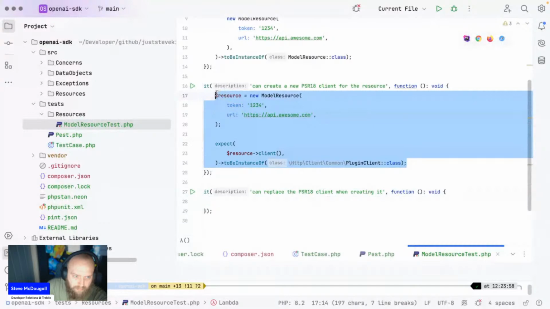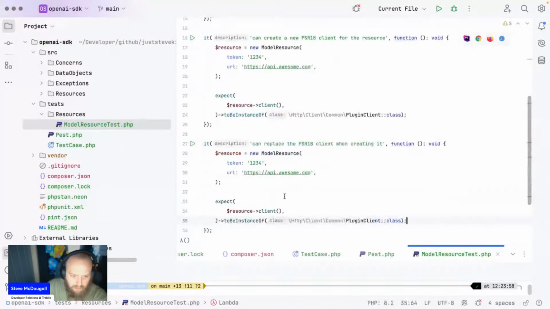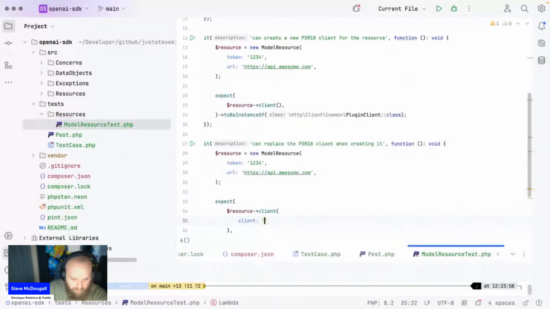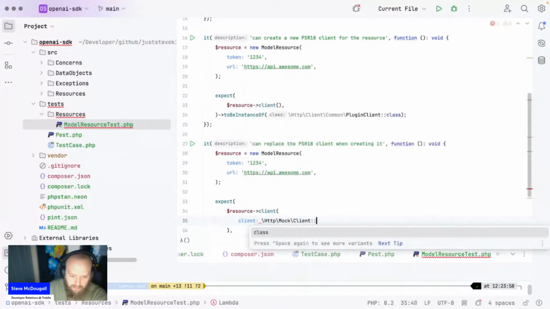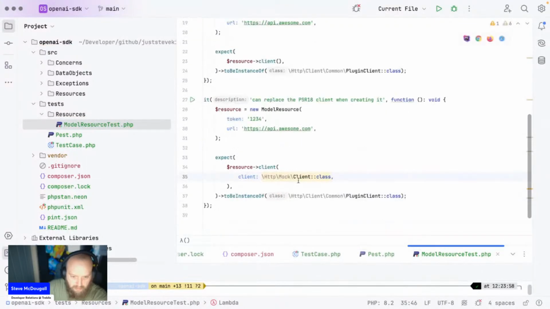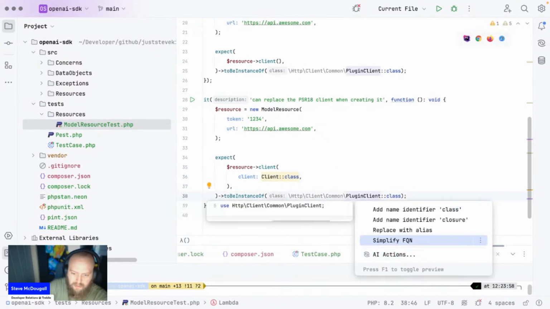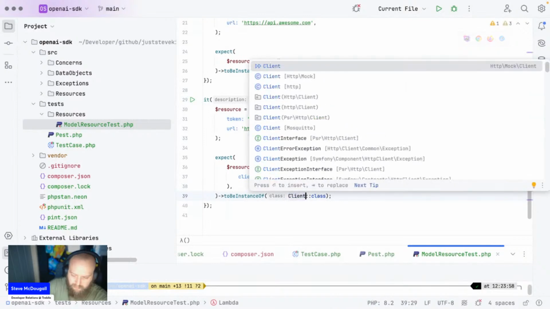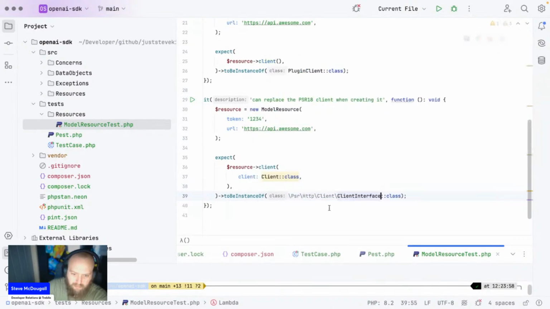We're going to do the exact same thing there, but where this is, we're going to say that our client is a new mock client. Let's just simplify some of these. I want to make sure that this client interface